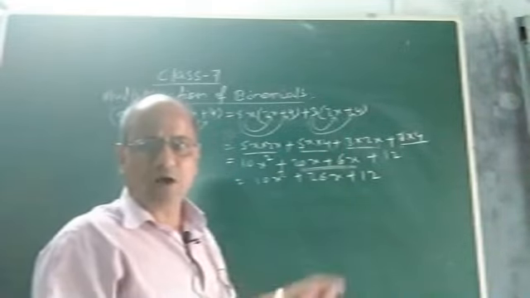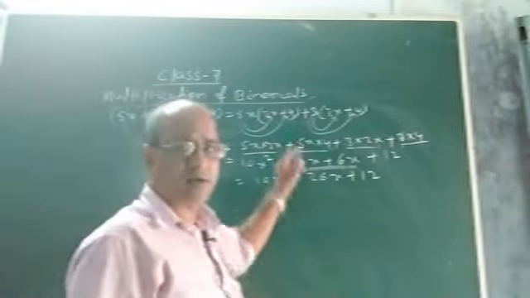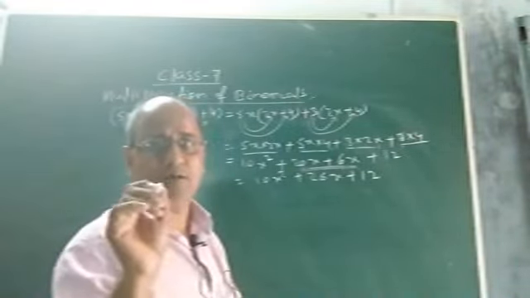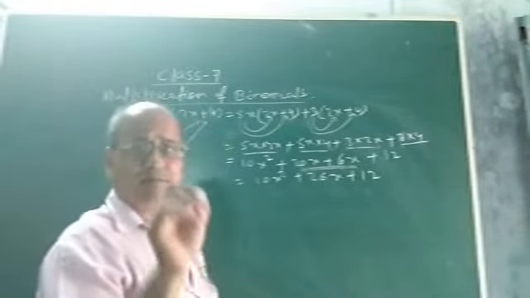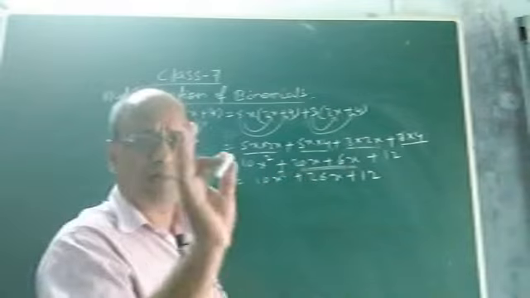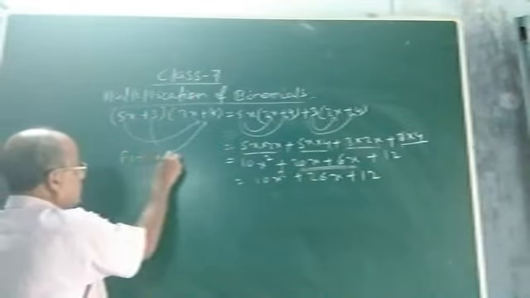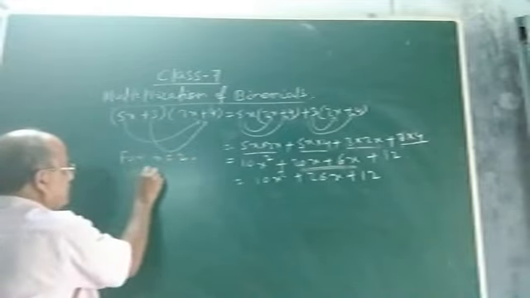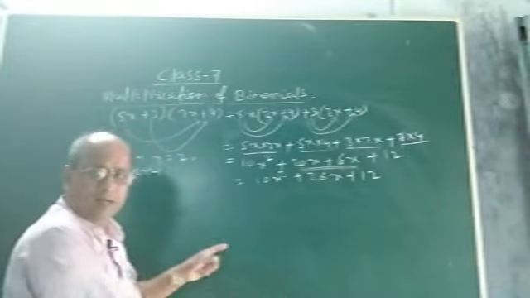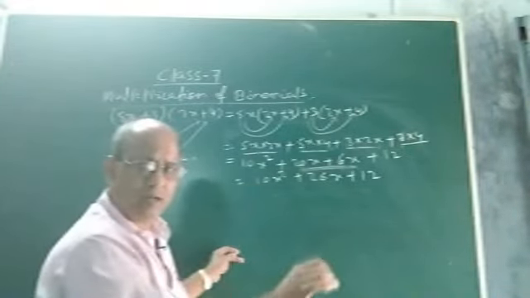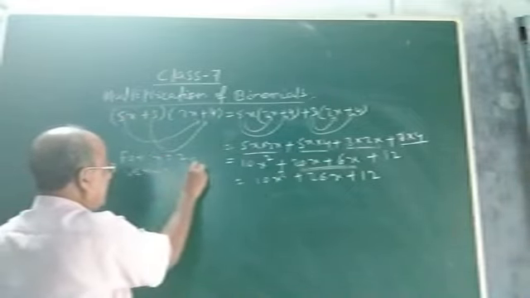Now the point is, how to know whether this product is correct or not? How to verify for some given value of the variable? Here you see, in the two binomials, the only variable is x. So suppose you are given the value of x is 2, verify the product. The question is, first you multiply, find the product. After finding the product, suppose the question is verify the product for x equal to 2.